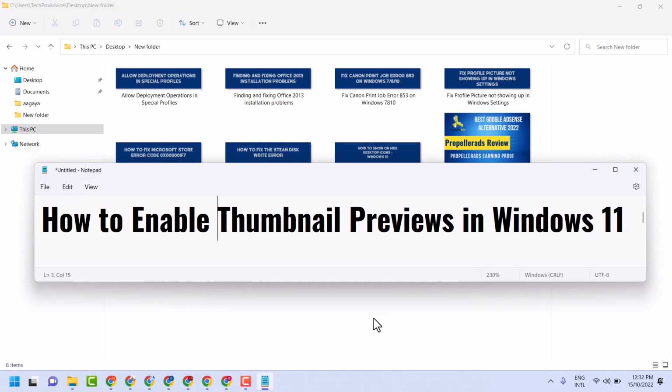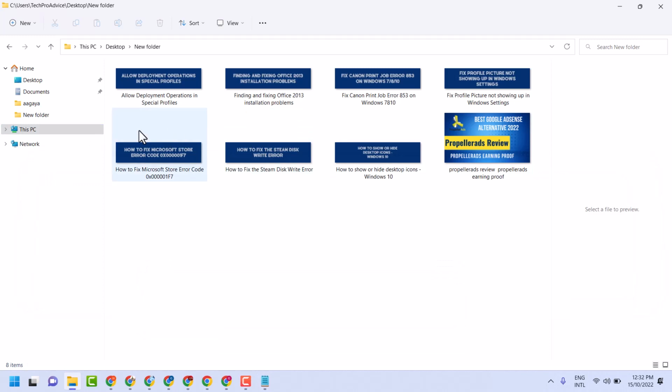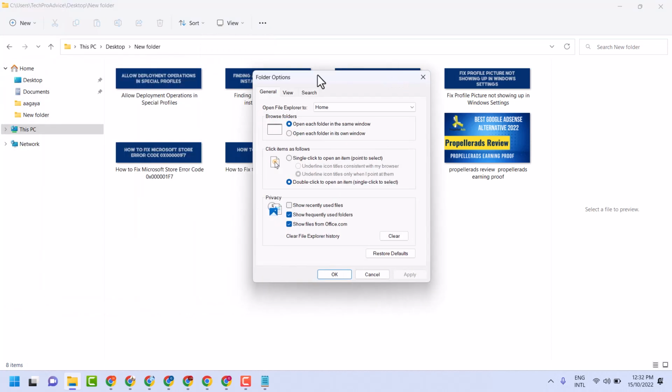In this short and basic video, I will show you how to enable thumbnail previews in Windows 11. It's an easy way to enable thumbnail preview. Click on these three dots, options. Here you will see the view tab. Click on it